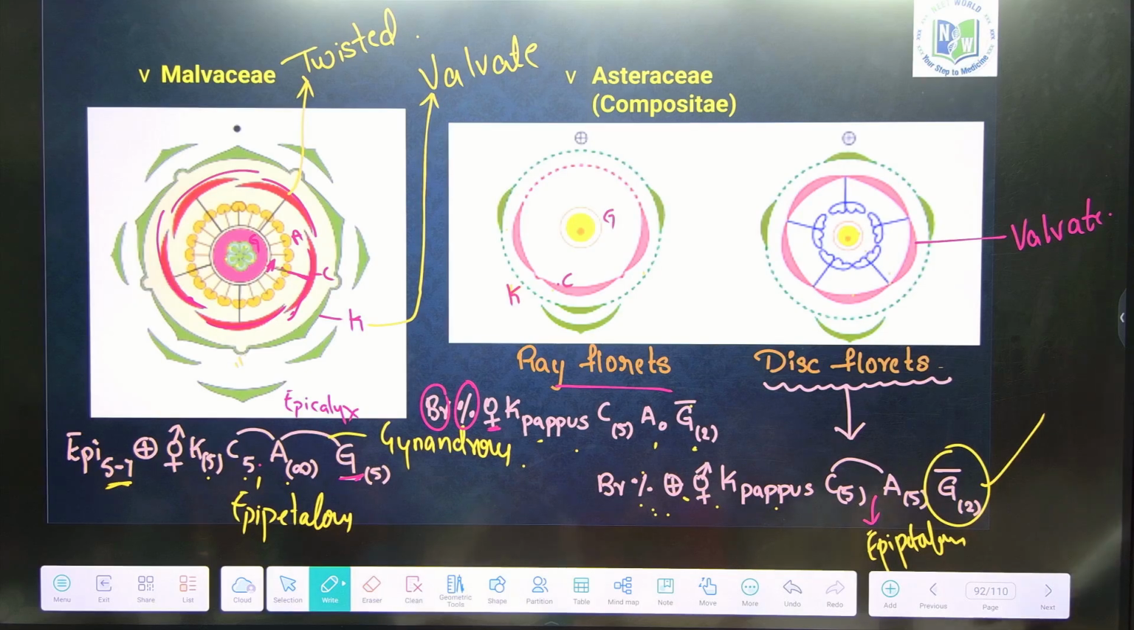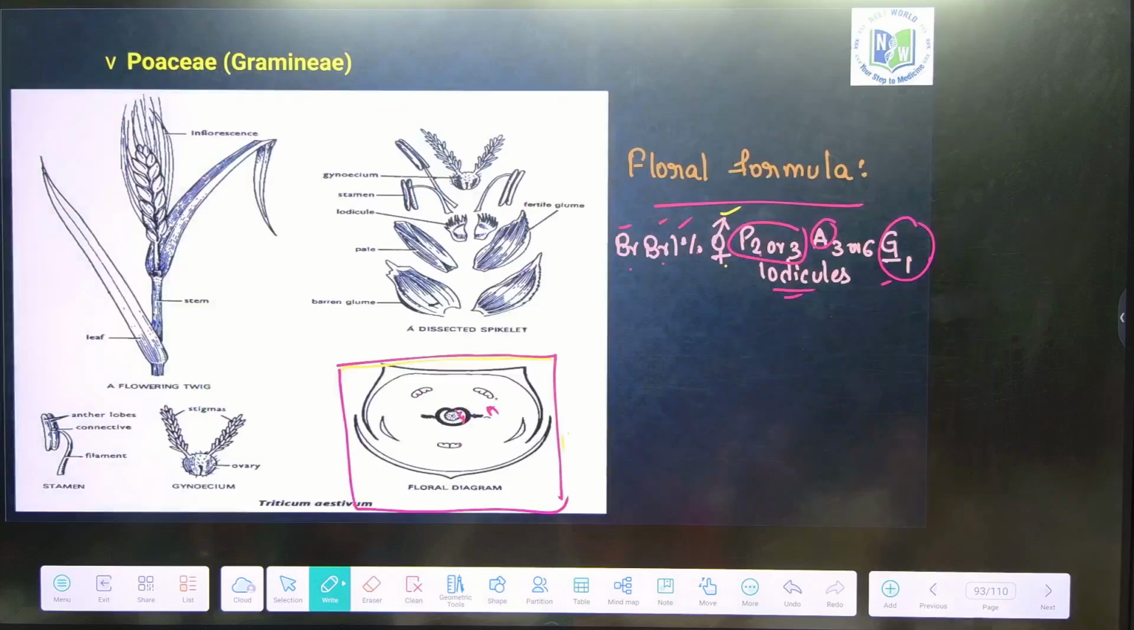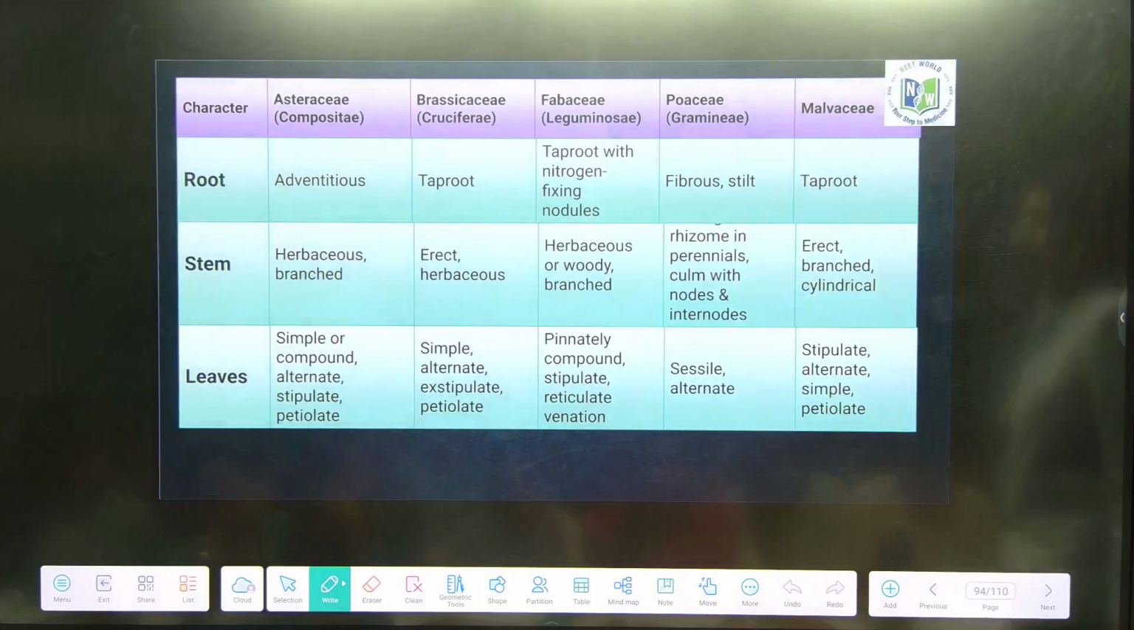Done, ma? Poaceae. If you are done with this, we will move on to the comparative study. Yeah. Now,